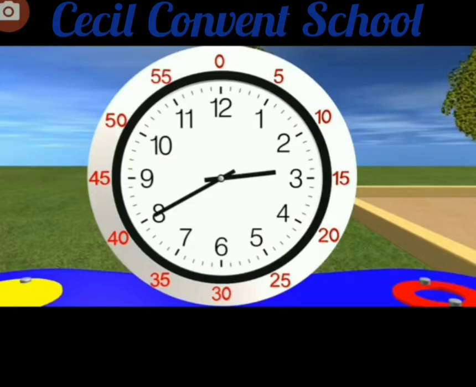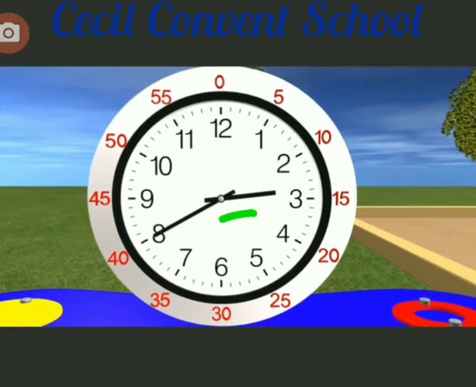Now, students, we will discuss how to read and write time in different ways. First, you have to learn that when we have to write hours, we have to see the numbers. Clear? Like if I want to write the time of this, what will be the time? Last year also you have done. You have to see firstly the smaller hand, means the shorter hand. It is between 2 and 3. So we will write 2. Clear? After that we have to write a colon, and after the colon we write minutes.